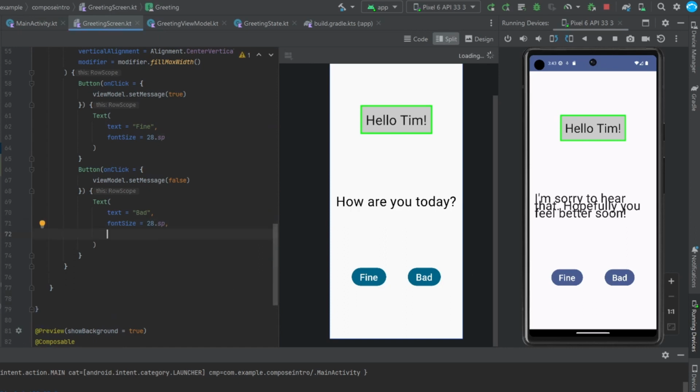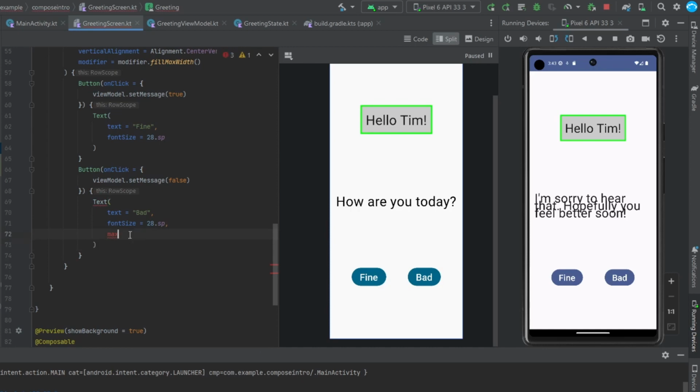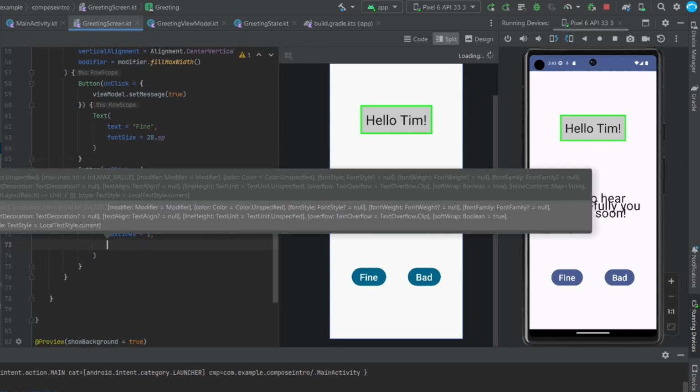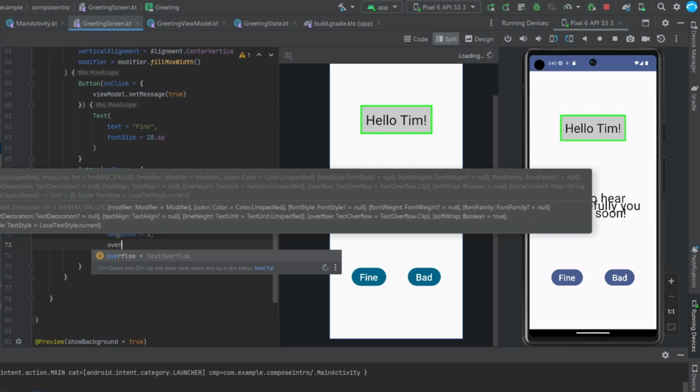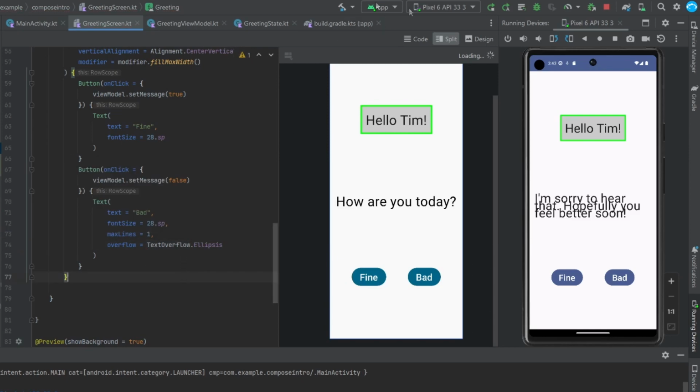Instead of having this run on to the next line, there's an option for max lines. If I set my max lines equal to 1 and run it, it would only give me that first line, but then I wouldn't know that I'm missing something. So another nice thing you can have here is an overflow option. If I set that equal to text overflow ellipsis, and we run that now,